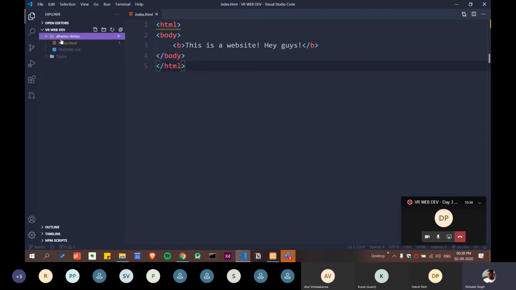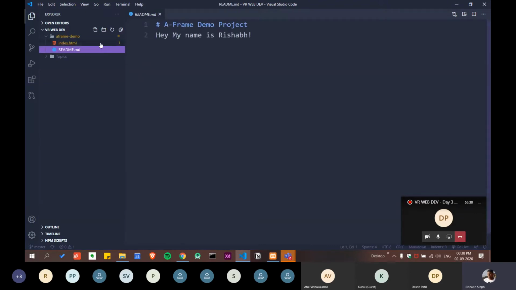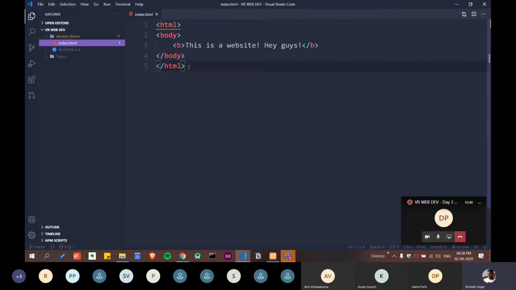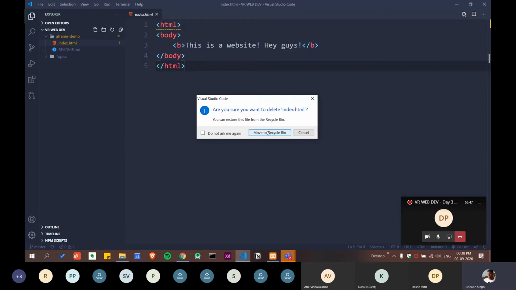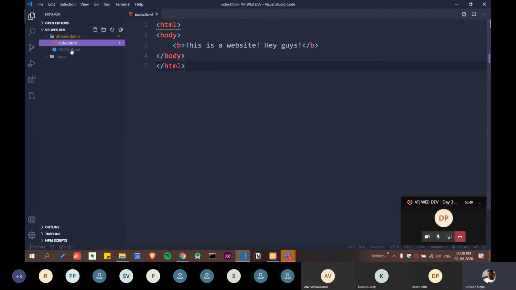This is our folder, and it has one HTML file and one readme file. I'm just going to delete this HTML file. We don't need it. We are going to create a new one. Yes, move to recycle bin.